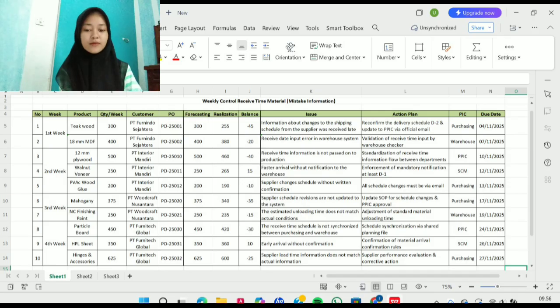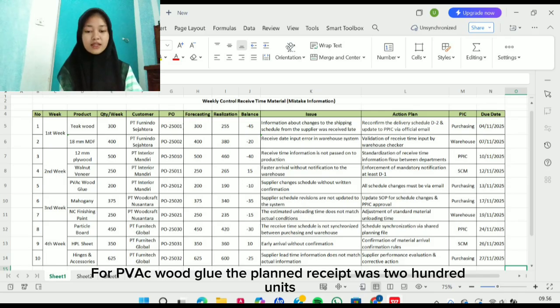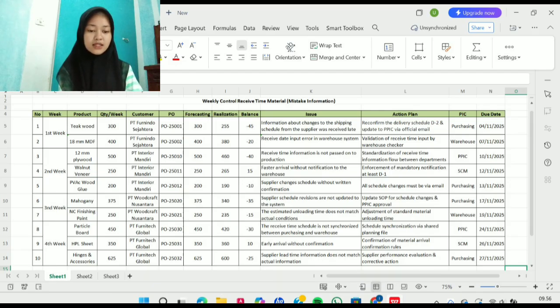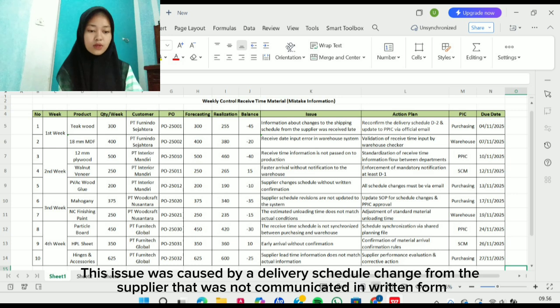For PVC wood glue, the planned receipt was 200 units, while the actual receipt was 190 units, resulting in a shortage of 10 units. This issue was caused by a delivery schedule change from the supplier that was not communicated in written form.